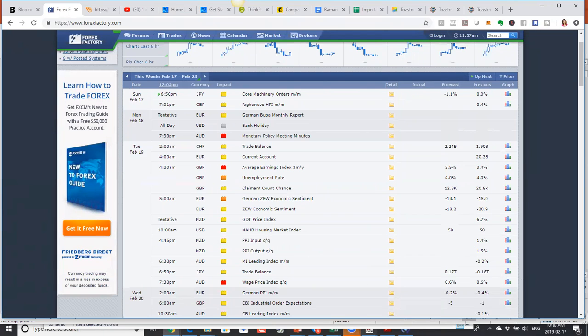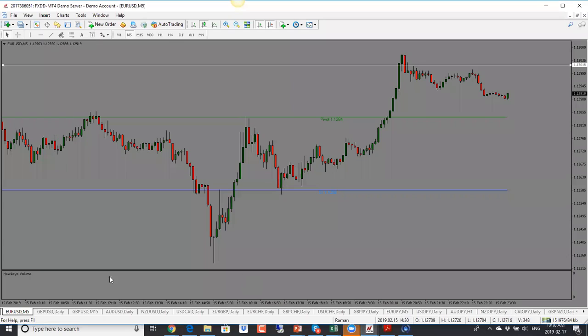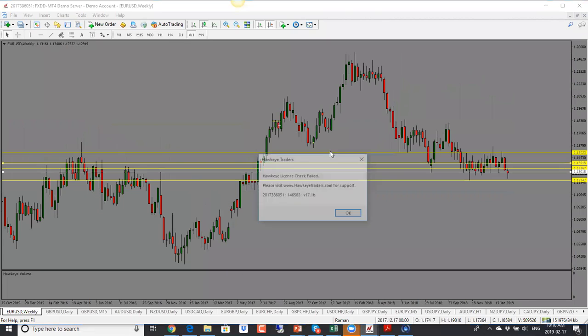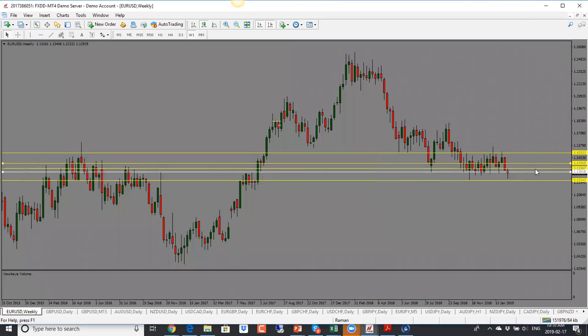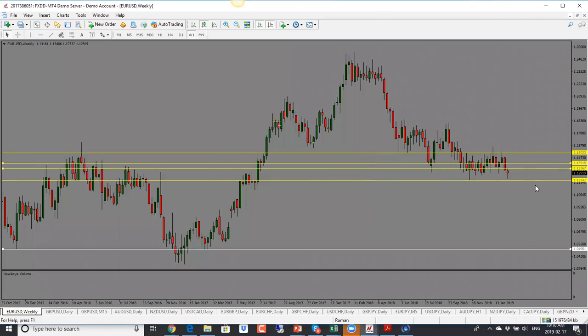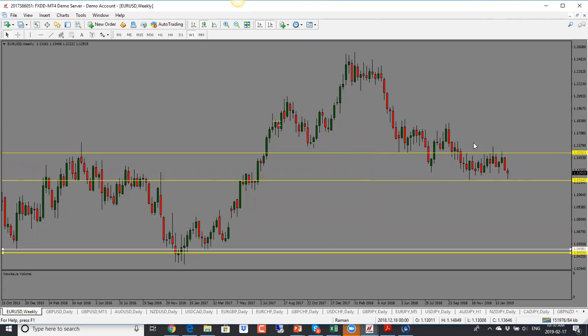All right, so now let's move on to our charts. Here we go. We'll start off with our euro dollar as we normally do. So this is our euro here. Euro has been trading in this range for several weeks now, for a few months actually. So last week we had this bearish engulfing candle close, and this week we were looking for a drop. So price went down, didn't quite get to the 20 level, kind of got stuck at the 30 there, and from there it pushed back up. So now we are at the bottom of the range.